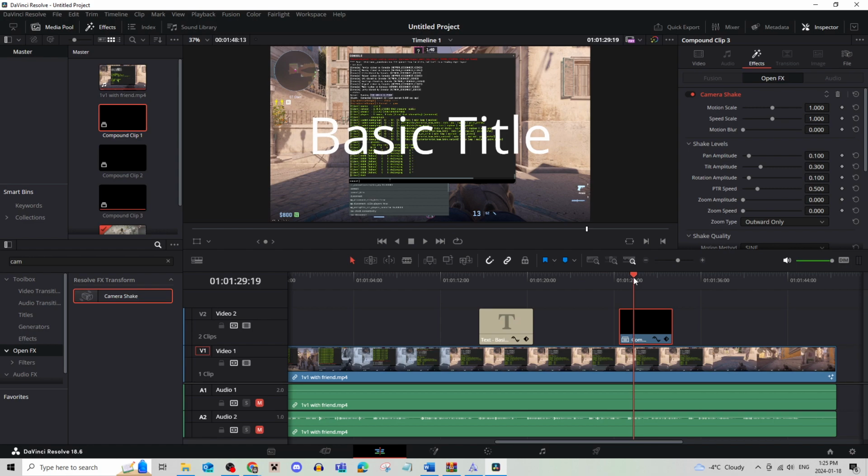Now, as you can see, there's going to be some basic settings to make it shake, but what you're going to do to make it smoother is actually use the motion scale, speed scale, and motion blur, and play around with the settings. So it'll look a little bit different than what it did,